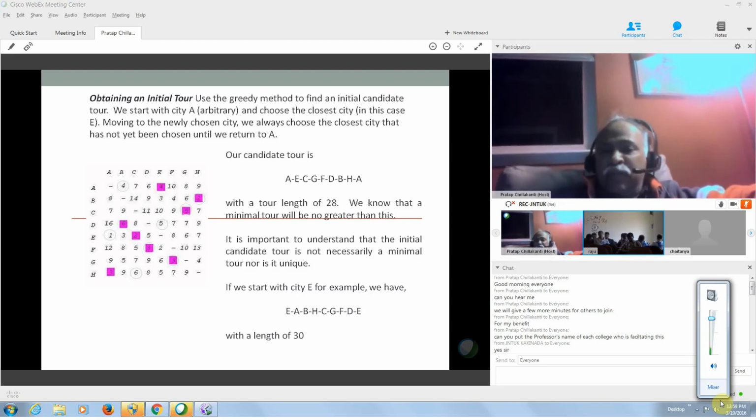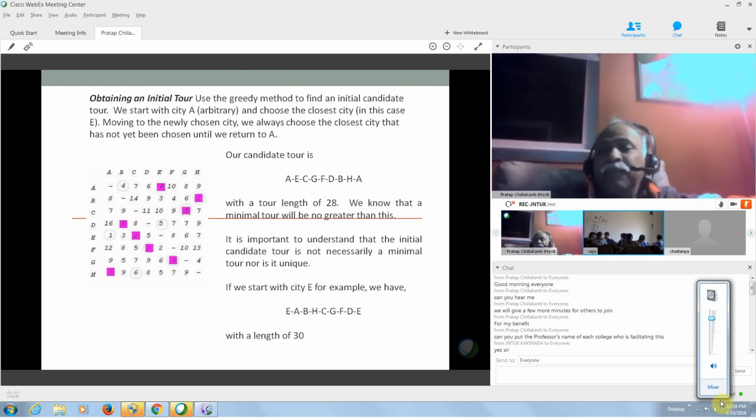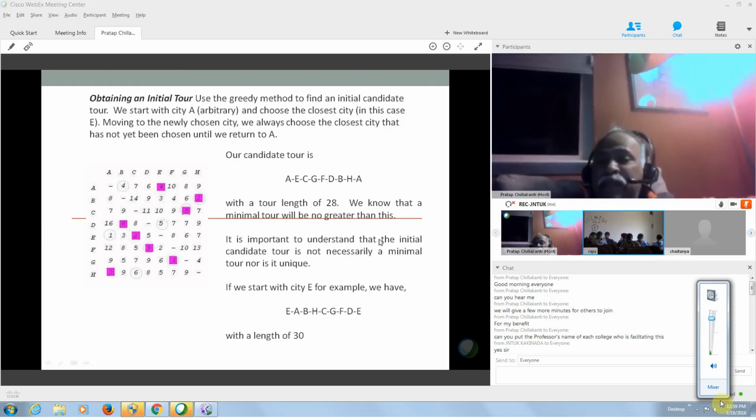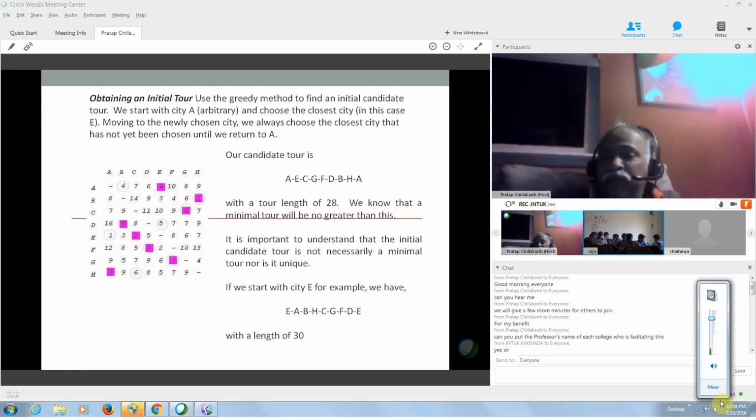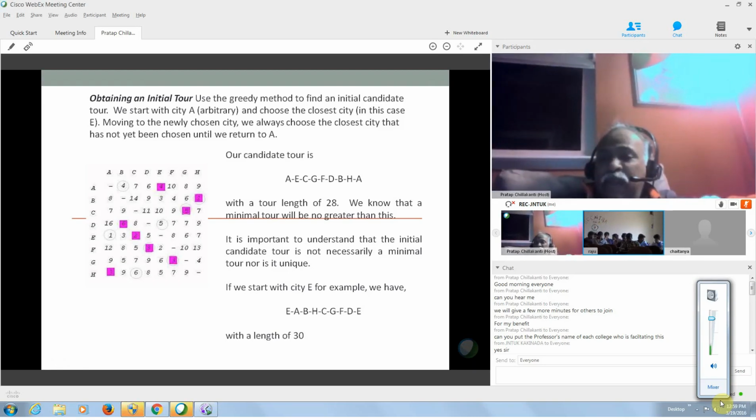So you start with some candidate tour here, that is A, E, C, G, F, D, B, H, A, and you know the tour length for that. Once you do that, you kind of have a bound there. Now once you have a bound, you continue along the path of the promising tour. Remember, you go from A to E and so on. If you find another bound which is lower than what you have selected for the candidate tour,